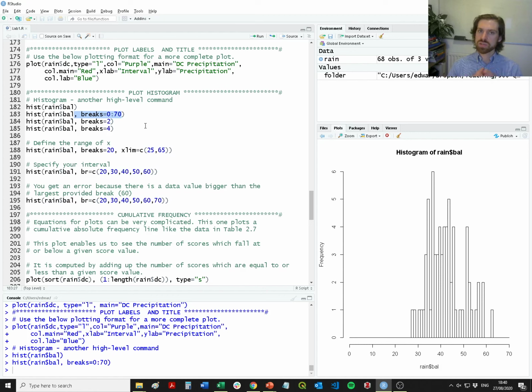One, you're able to specify the bin width to a certain amount. So if you have fewer breaks, that's going to mean that you have fewer bins and more values likely per bin. But then also you're able to specify a range if you wanted to. So if you just wanted to choose values between 40 and 50,